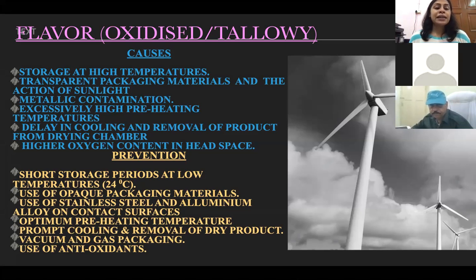Next is excessive high preheating temperatures. Before we convert milk into whole milk powder or skim milk powder, we heat the milk. When the temperature is too high, then the fat gets separated. As a result, fat is more